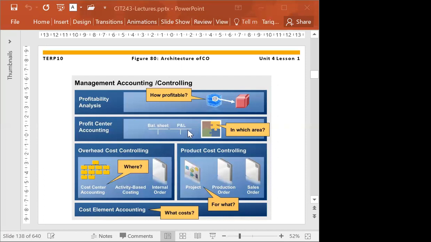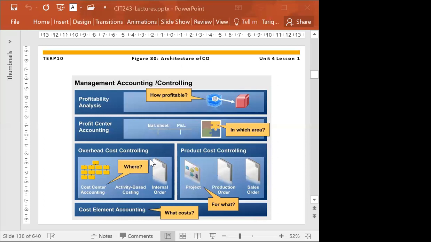By the way, any posting that we receive in profit center accounting and profitability analysis, any transaction we receive, is a statistical posting. That means we just receive it and keep it, and we use it in reporting. That's it. But any transaction we receive for a cost center, activity-based costing or internal order is not a statistical posting, because once we receive the cost, we can distribute the cost to other cost objects.